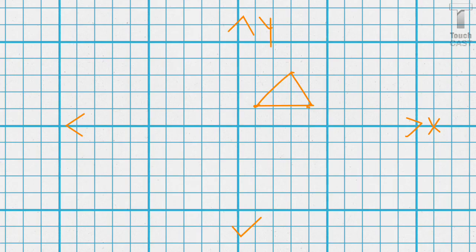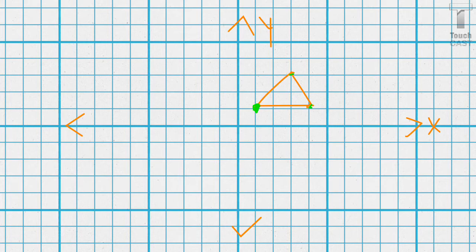Let's say we have the figure here, a triangle, and it's on the coordinate plane, and we wanted to translate this 3 units to the left. So what we would end up doing is picking up that entire object, and so we look at our points that we have, and we would move them 3 points to the left. So what we'd end up getting